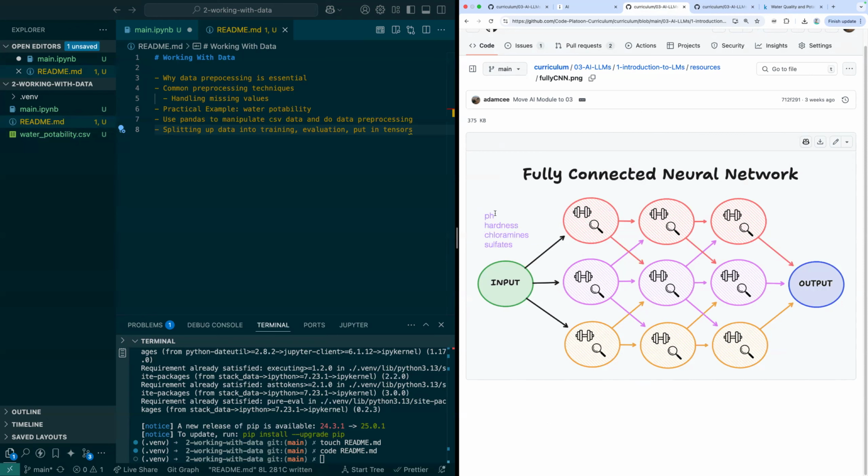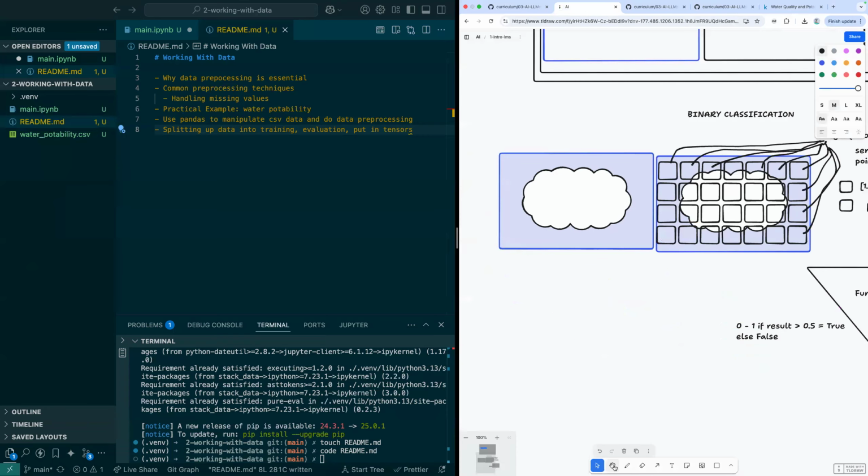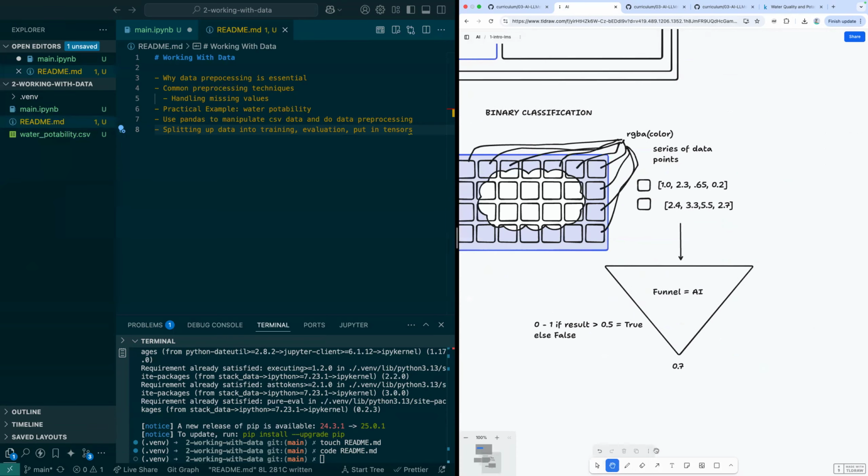And each of these forms its own input layer, right? With each of these as an attribute that then gets fed into the model. So that's sort of the big picture for today. We will get our hands dirty with some code. There's a lot to be reviewed here, right? Because a lot of this is conceptual. But again, the part that we're really focusing on today is getting the data into this funnel,